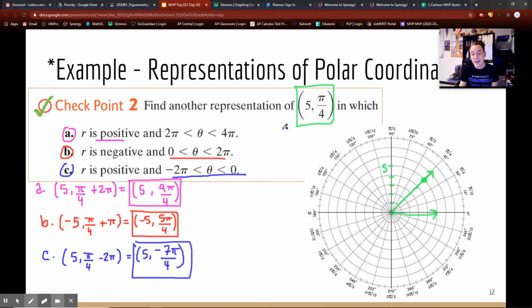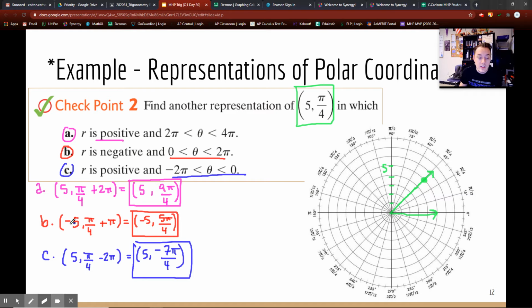Okay, welcome back. This is my actual point in green, 5 comma pi over 4, so it's chilling right there, and these are all the representations. So which one represents which one? Well, this one I have to keep r the same and then add 2 pi because I want that 2 pi to 4 pi. So keep r the same, add 2 pi, I get that representation when I do the